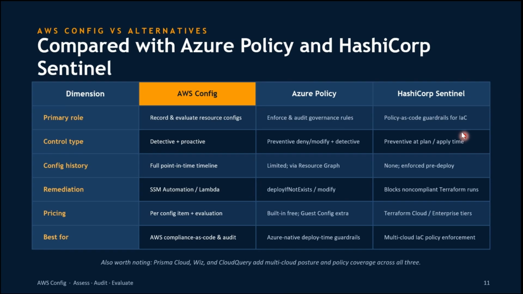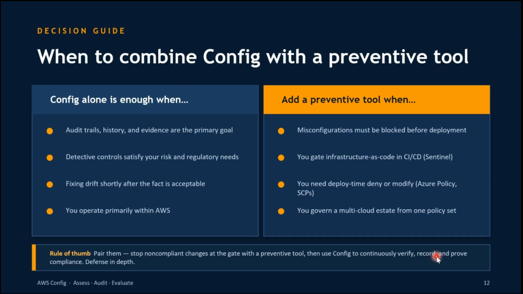Similarly, HashiCorp Sentinel is also a multi-cloud policy enforcement tool. If you have multiple environments, and you want to do infrastructure as code deployment using Terraform, and you want to push policies the same way, you can use HashiCorp Sentinel, which is a policy as code, or compliance as code tool, which can be used for securing all the different multi-cloud environments. So sometimes Config is not enough, because it's a detective tool. And if you want to make it a preventive or proactive tool, then you need to integrate it with either HashiCorp Sentinel, or, let's say,